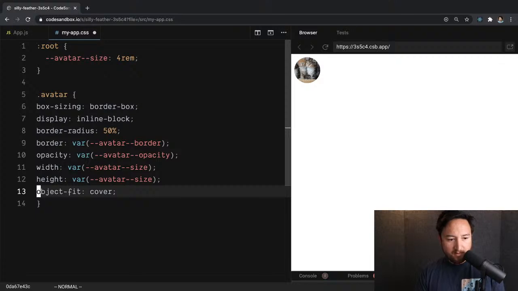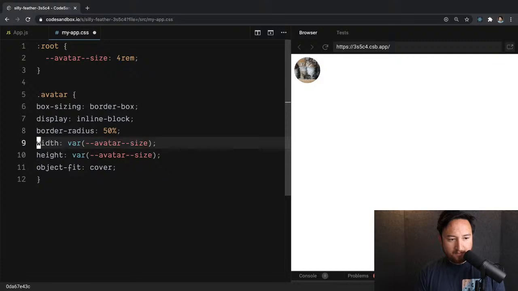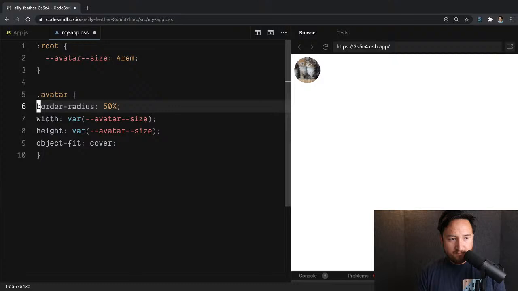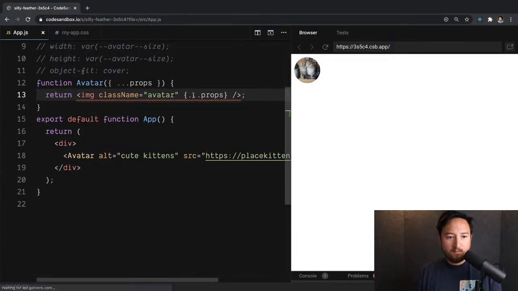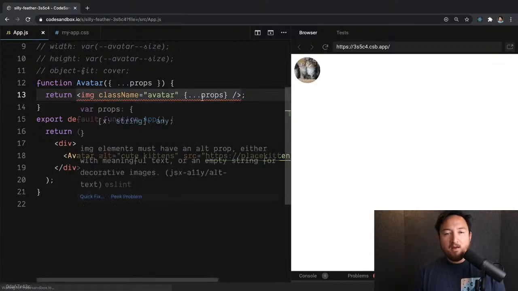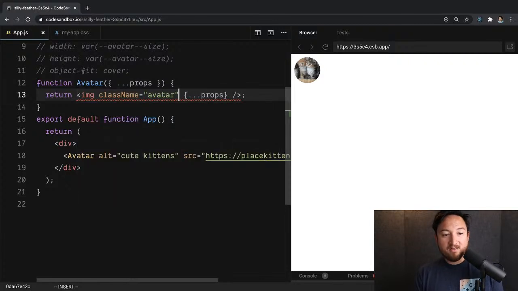Copied the wrong thing, but I think it's still going to work. I'm going to leave that border box in and it'll come in handy in a second. Okay, so save this side. Okay, we're still good. Now, one of the cool things here is that now I can scope this